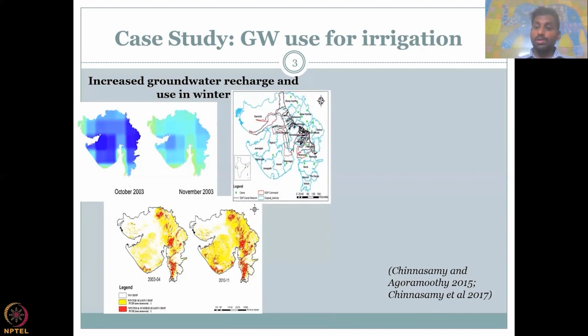So the study also found that during the irrigation scenario using the surface water, where the canal commands are there, the red in the Saurashtra region, all the water that is being sent down using the canals is being indirectly reached by groundwater. So basically, the canal water was for supply of irrigation for crops. However, because it is not lined, there's a lot of recharge happening. And that recharge water can be used later during the non-surface water irrigation period for groundwater irrigation, the 1+1 crop and +2 crops.